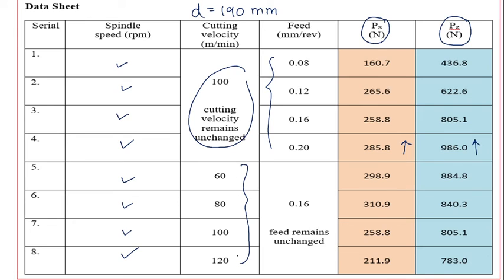As far as increasing the cutting velocity is concerned, the effect is not so straightforward, but as you can see, your forces are decreasing a bit. They are decreasing primarily because of reduction in the chip reduction coefficient, that is zeta. As you increase your cutting velocity, the chip reduction coefficient goes down, which you have already seen in the last experiment, and because of that there is a reduction in the cutting force.